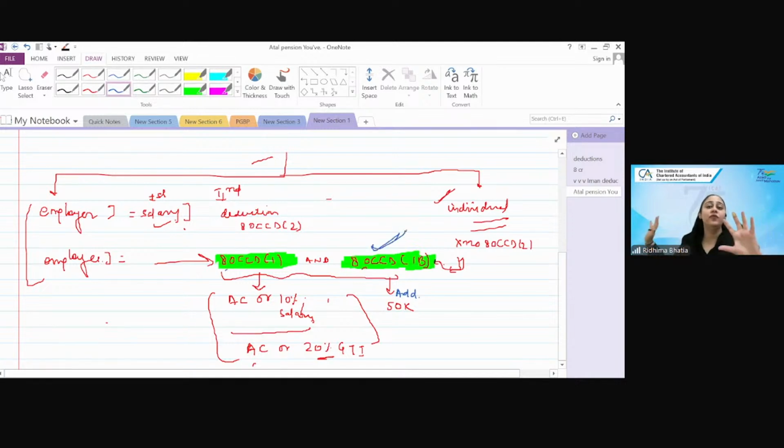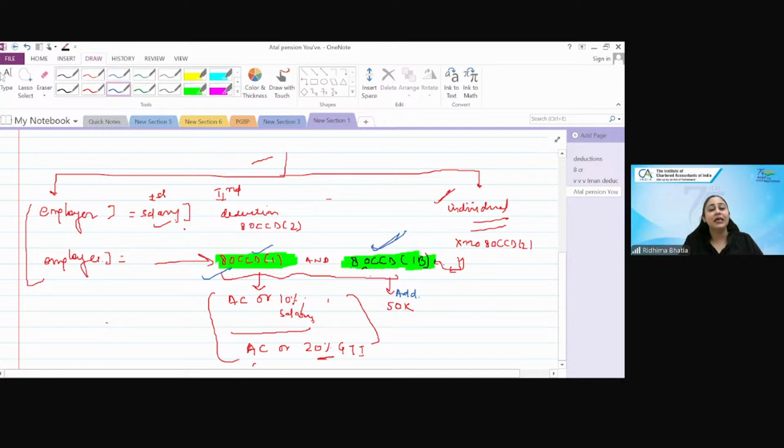Because this is standalone, free 50,000. And then if any money is left from the actual contribution, then I will use this amount. Why? Because this I will get under subsection 1, but then again a comparison of it will come under 80CCE, and then I have to see whether it is more than 1,50,000 or not, right? So it is not restricted anywhere, at first you have to take this and then you have to take this,